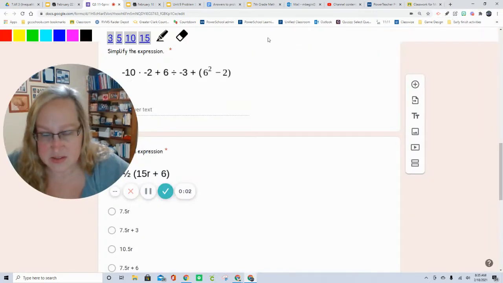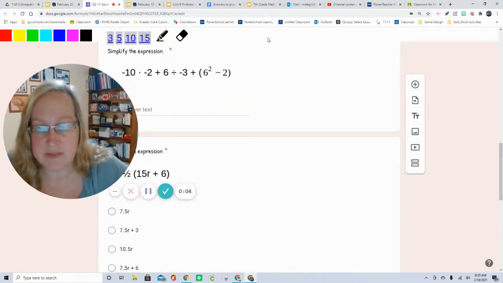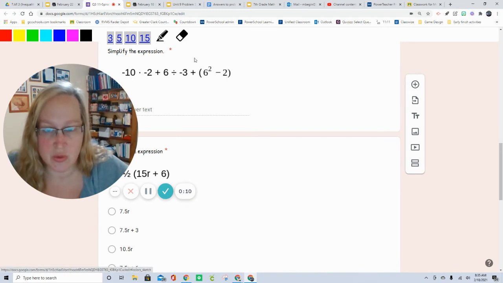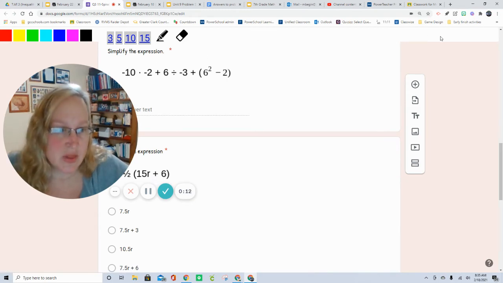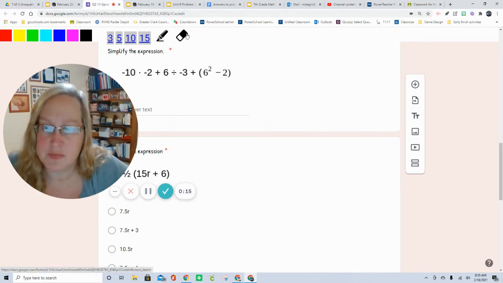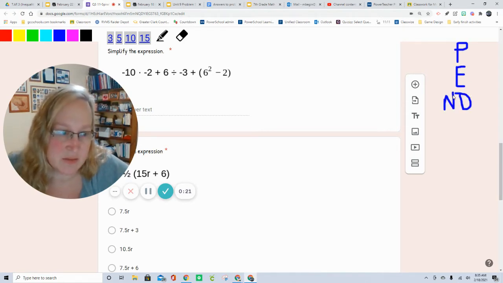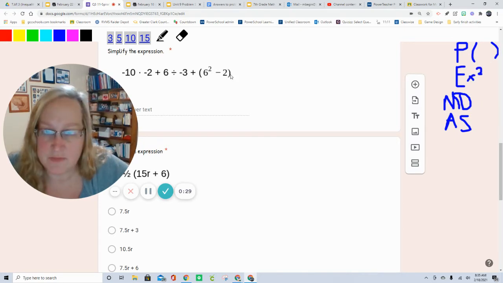Okay, this is spiral number 11. We are going to do this problem right here. I'm going to attempt to make sure that we understand that we're using the order of operations. So that stands for parentheses, exponents, multiply, divide, add, subtract. So when we're looking at this, the first one that I see is we have to do within